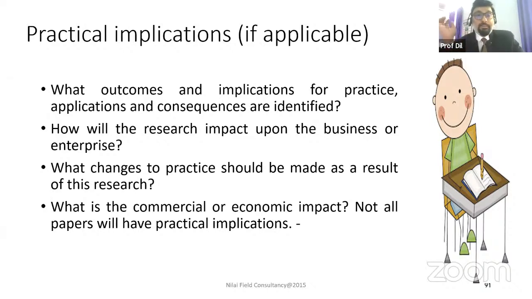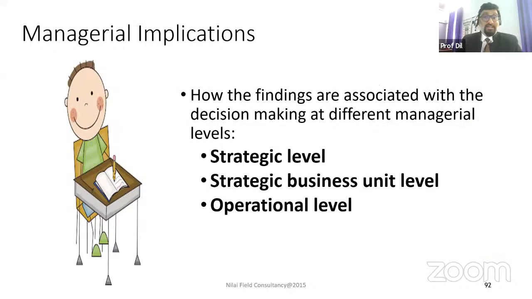This is the most important thing in any research paper: why did you do that research and what benefit did the stakeholders get? This is to be incorporated. This is practical. Another is the decision-making level. Who is taking the decisions? Of course, top management. Who is going to implement that? This is the next level. So we need to look at those implications. If your topic is connected with strategic level decisions, strategic business unit level or operation level, this we call managerial, in order to manage how your findings and consequences facilitate a better alternative decision-making process.